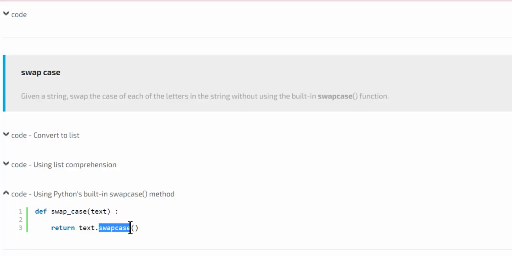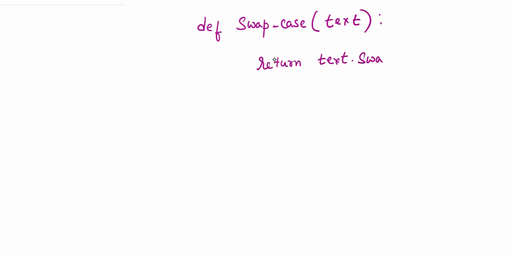That's the challenge. So here is what we have to do. We have to build a function. So we are passed a string and we have to swap the case of that string. The straightforward answer, of course, is to use the swap case function. So you can just say return, right? So this is the easy way. Well, you are prohibited specifically from using this function. So you have to figure out a more fundamental way of doing this.